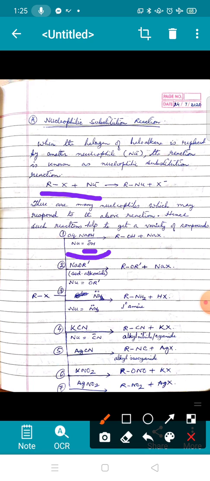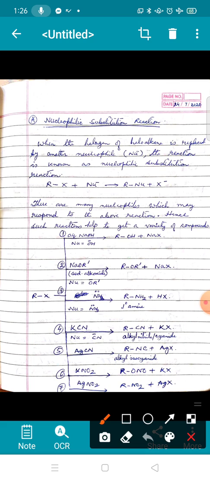So you can understand, if you compare with this, since your Nu is OH minus, so X will be replaced by OH. That means it is a method to convert haloalkane to alcohol. But remember here, the NaOH taken should be aqueous, that means dissolved in water. Alright, and the byproduct will be NaX. So the first reaction is with NaOH or KOH. Remember, wherever we are using the term Na, that can be synonymous with K also. So this is the method for preparation of alcohol. So when we'll be doing the next chapter, alcohol, this reaction will be used as a method of preparation of